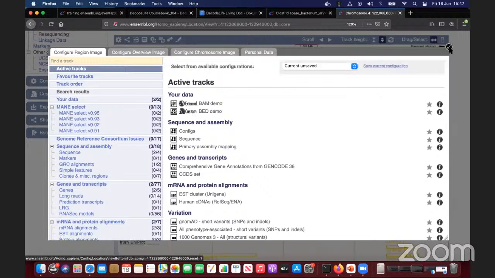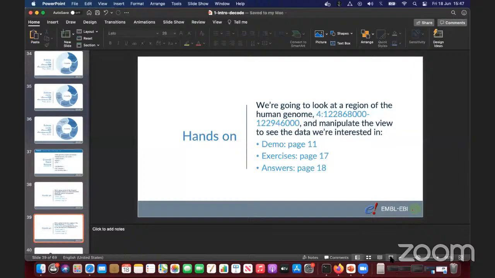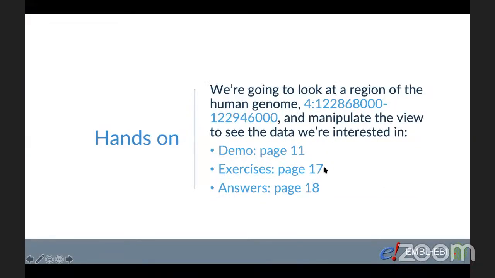And now we have the last couple of minutes for your own exploration. You can find the exercises on page 17 in your course books. And let me now have a look at the remaining questions. So someone asks about